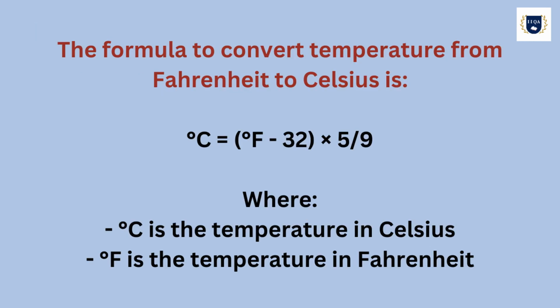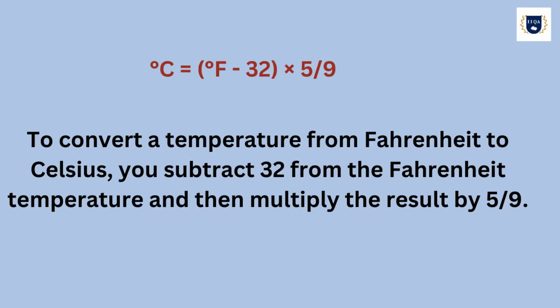The formula to convert temperature from Fahrenheit to Celsius is: °C = (°F − 32) × 5/9, where °C is the temperature in Celsius and °F is the temperature in Fahrenheit. To convert a temperature from Fahrenheit to Celsius, you subtract 32 from the Fahrenheit temperature and then multiply the result